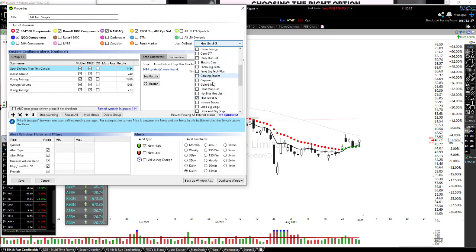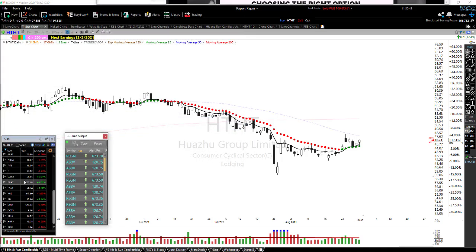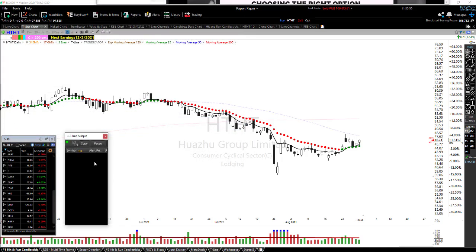It could be your hot list, it could be an obscure list, it doesn't matter, but now it'll come up with these. So I can click save, and now I'm getting all the Q stocks that I want, all the S&P 500, all the NASDAQ, and that obscure stock that might not be in those, because I'm able to grab that watch list.